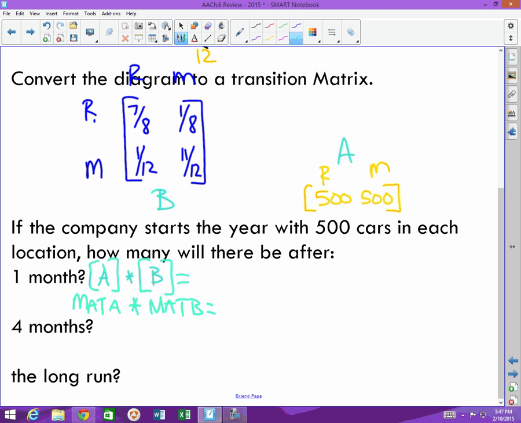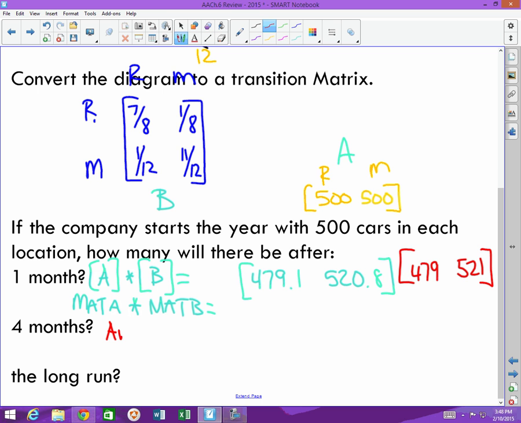And you would get a matrix that would be 479.1 and 520.8. Well, now you can't have 0.8 of a car. None of them crashed or anything like that, so you would have to say then that 479 were in this one and 521 would be in that one. All right. Then to figure out the answer after 4 months, if you had a TI, then you would just have answer